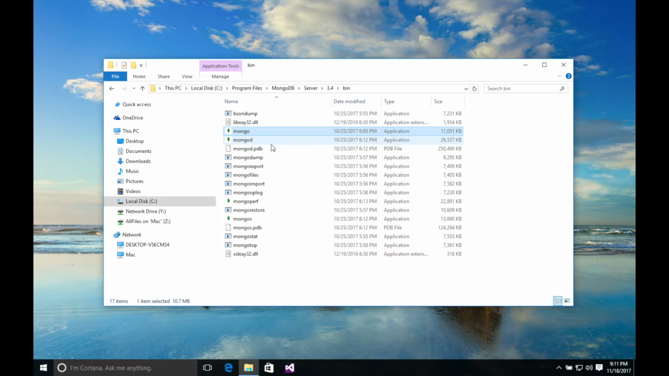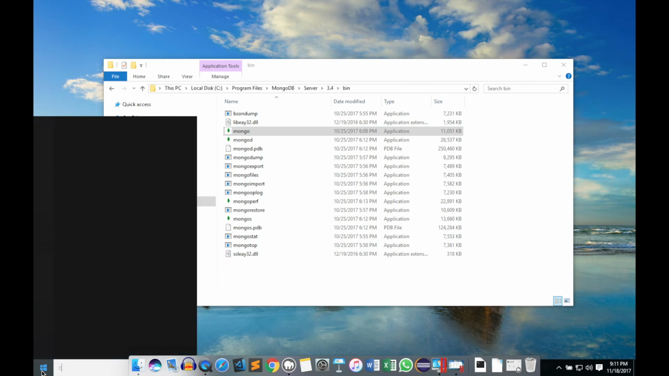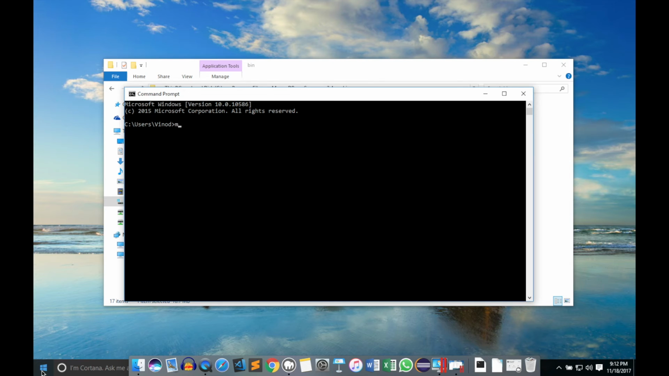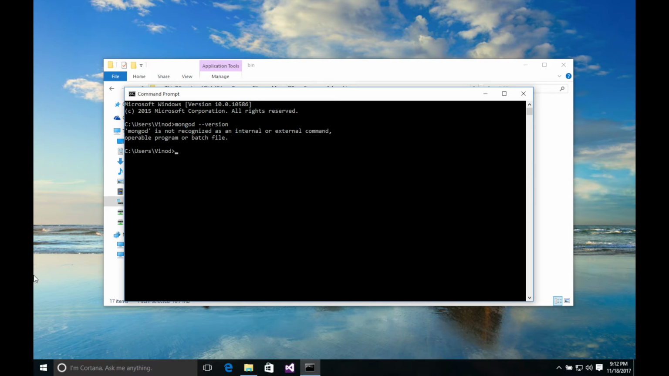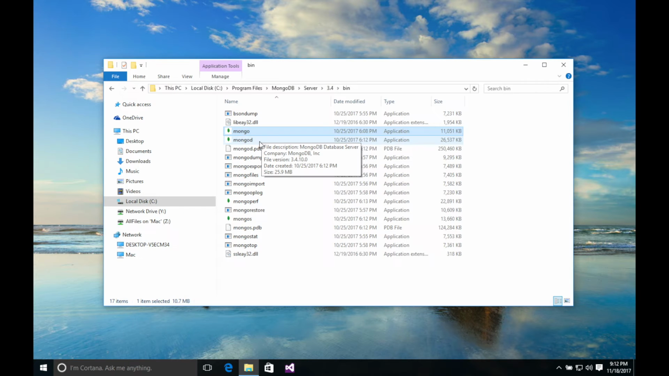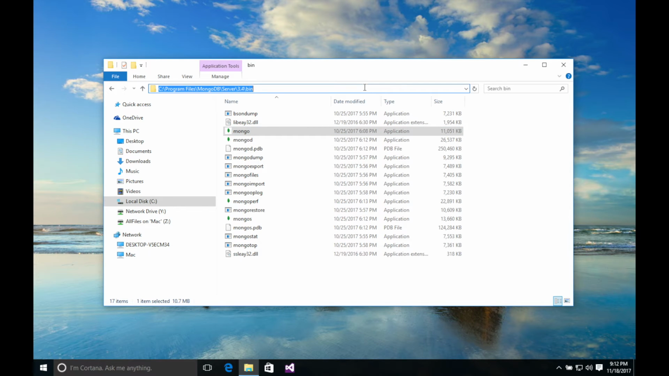So in order to test this, let's open a command prompt and then type the command mongod --version, and it gives me an error saying that mongod is not recognized as an internal or external command. To make this mongod command available on all command prompts, we have to add this folder location to our path